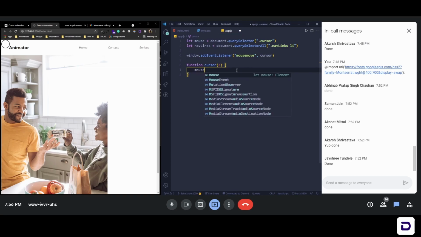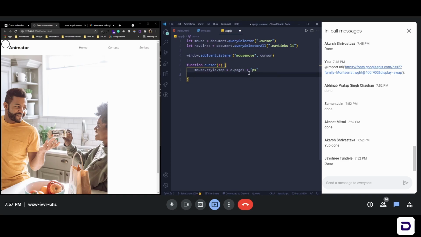For that I'll just say mouse, which I selected, dot style, so style dot top, the top thing will be e dot pageY, and this is the value, and then we have to add pixels as well. So for that I'll just say plus, and inside these quotes I'll add px, and the same thing I have to do for pageX also. So I'll again say mouse dot style dot left is equal to e dot pageX, and then plus and px. If I save it, you'll see now I have this cursor, this div moving around with my mouse,